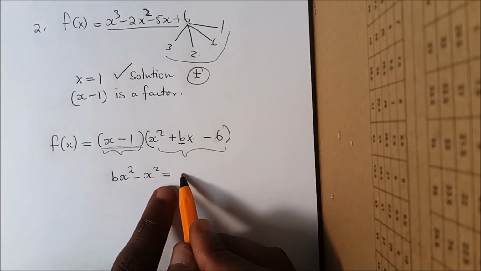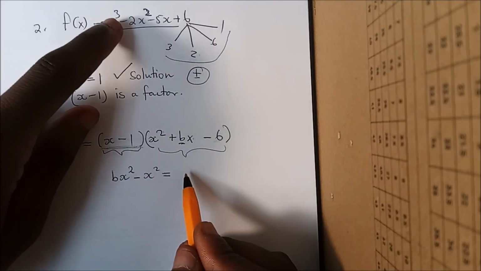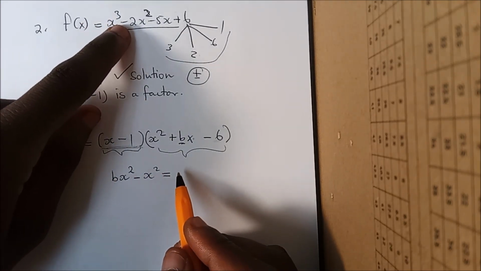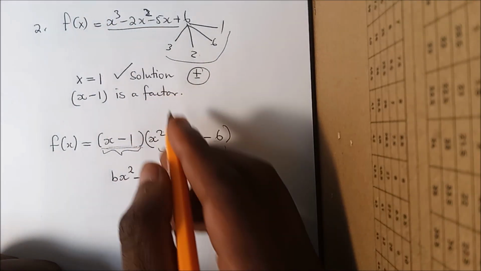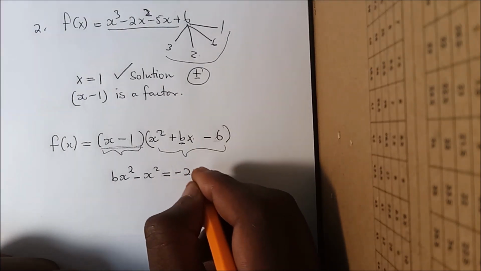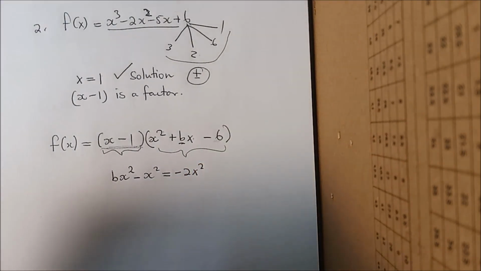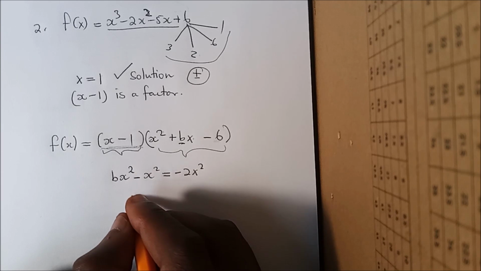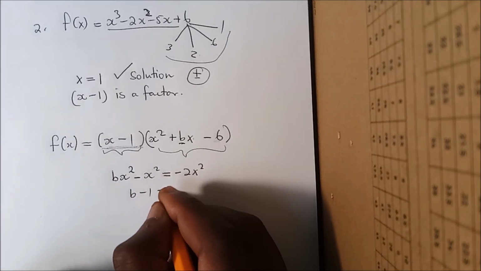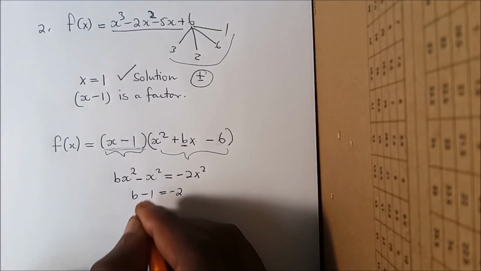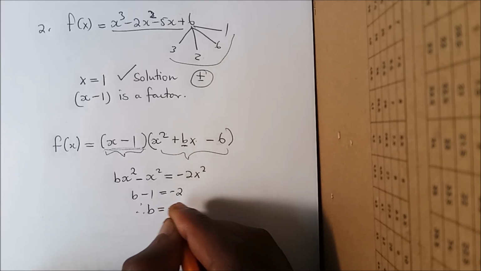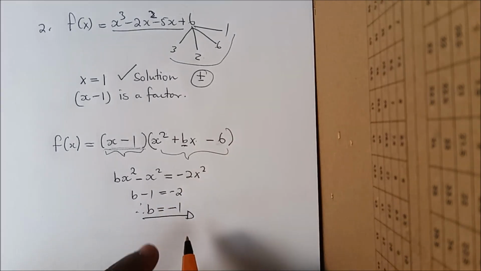Remember, we are equating it to whatever we have, x squared we have in the equation. So in this case, the x squared that we have in the equation is negative 2x squared. So now get rid of the x squared. We'll have b minus 1 equals negative 2. So therefore b will be negative 1. So now you'll take the negative 1